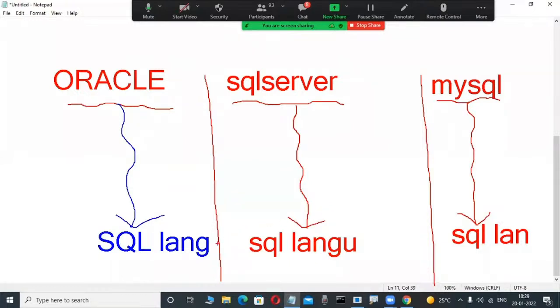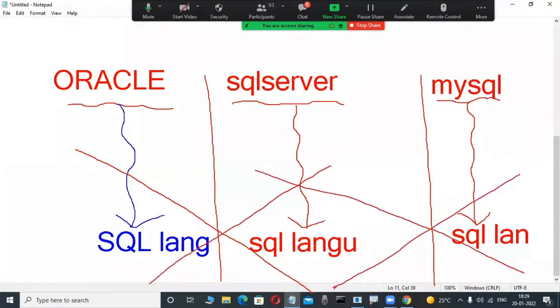Very good. In our class, so many fellows are telling that they are the same. That is 100% wrong. All these SQL languages are different, not the same. Why are so many students confused? Why do so many employees say they are the same? Maybe in your academic career, in DBMS theory or some projects,